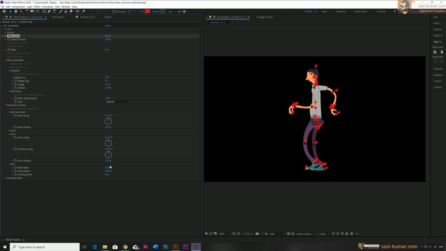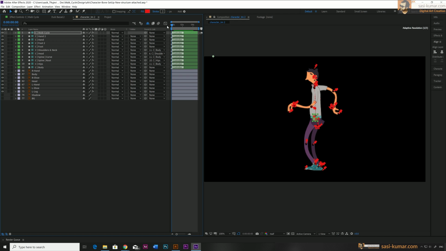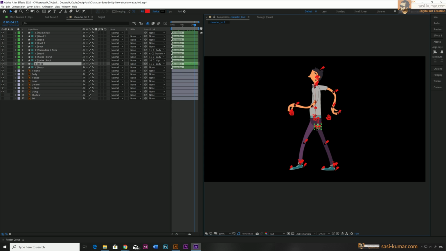You can also change the values after you have created a walk cycle, and you can move this object, which will affect the already rendered walk cycle, and it will re-render and readjust according to your position. All you need to do is just move these key positions, any of these like this. Wherever it's affecting the whole body, it will affect the walk cycle also. After you're done with your change, you will see it will readjust all the walk cycles.